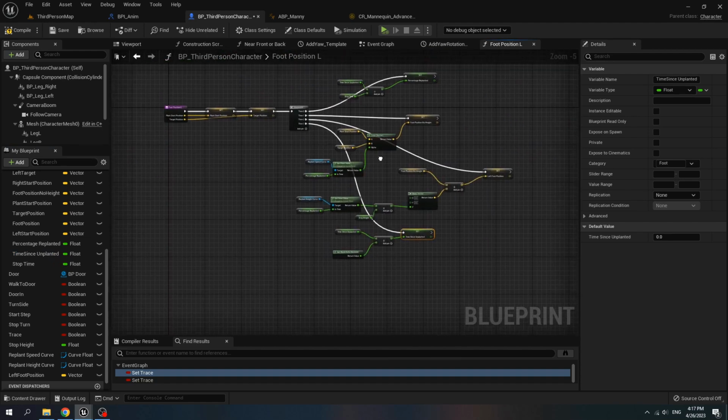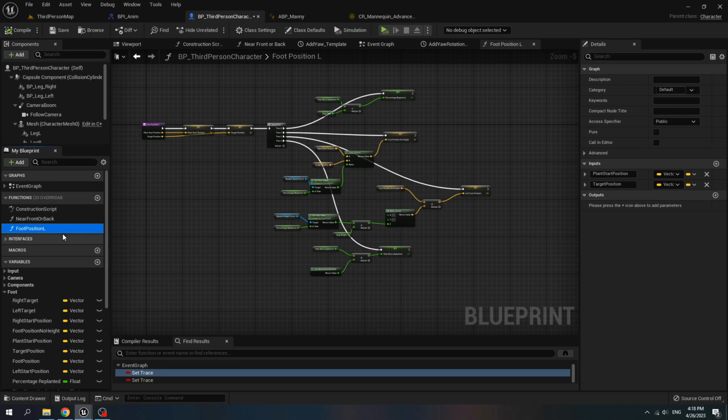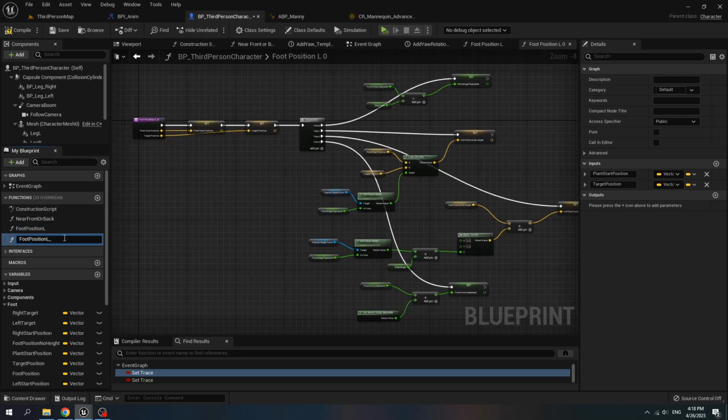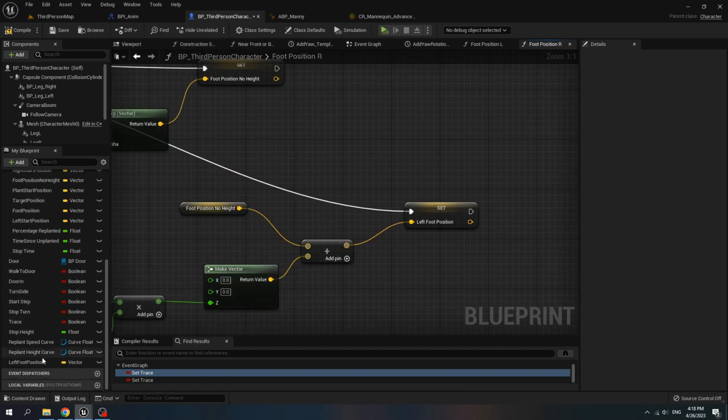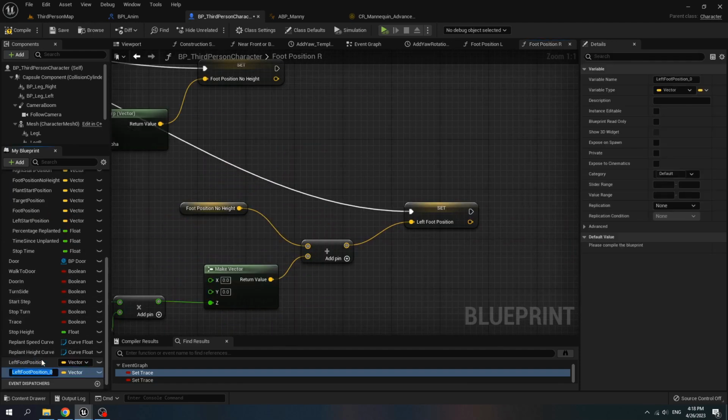Name it sequence. Duplicate this function and rename it to foot position R. Open it, then duplicate the left foot position variable, rename it to right foot position.